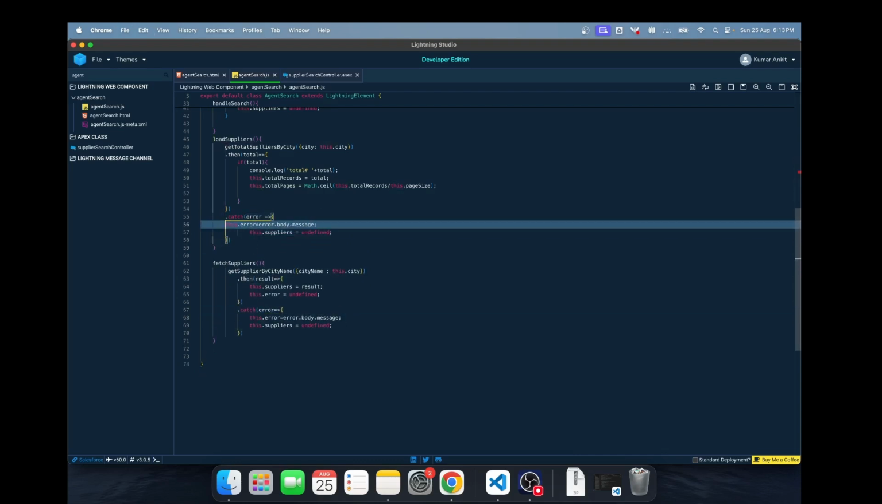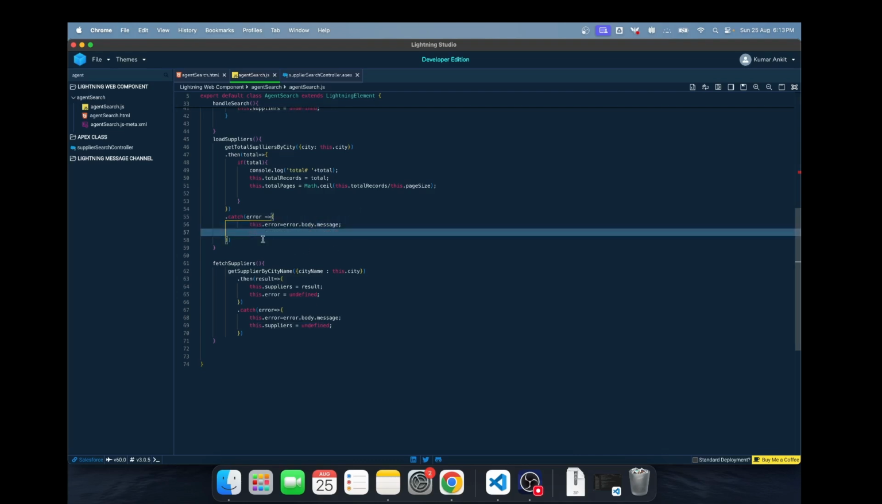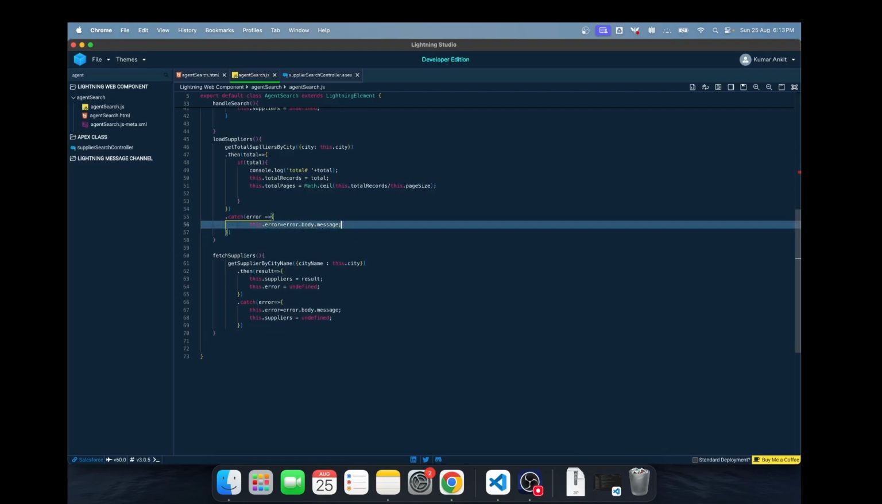This dot error equals error. Yeah, looks good. Let's remove this. Yeah, this looks good. Now from the load suppliers, let's call this fetch suppliers,